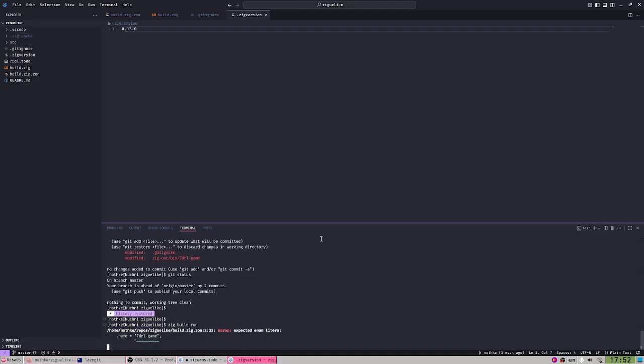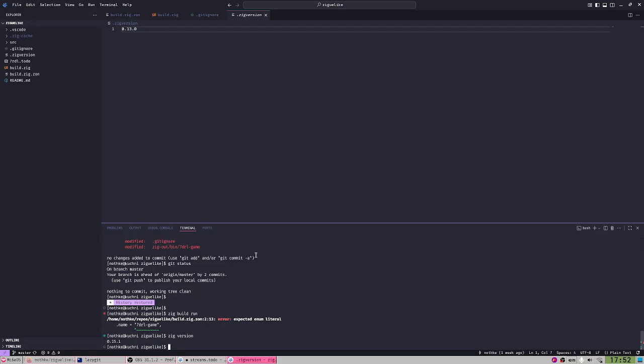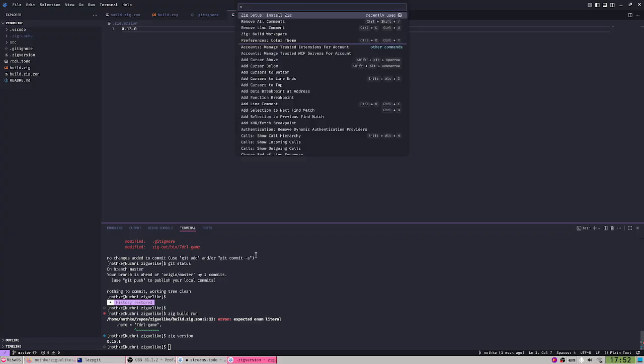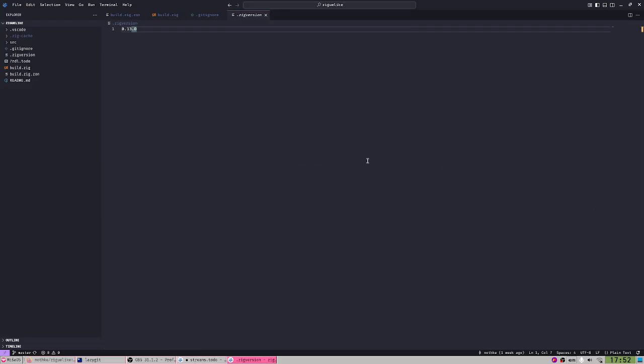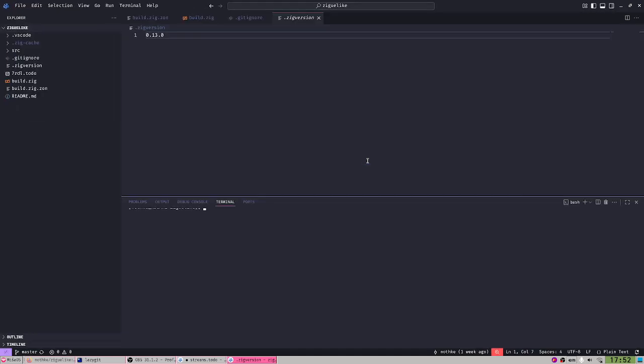Zig build run, and there is a problem. Expected enum literal. Wait, which Zig version is it using? It's using 0.15. So why is it using this one? Okay, maybe I need to restart the terminal, but it should work automatically.